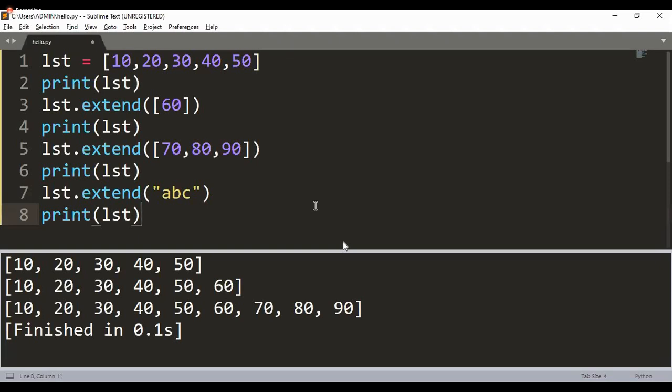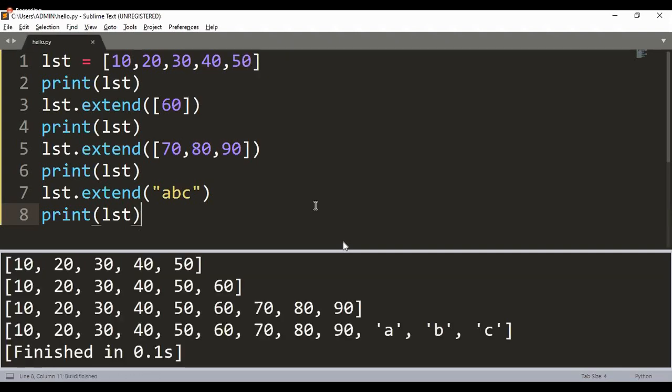It expects an iterable. In the documentation of extend, I never stated that extend always expects multiple values to be present in the form of a list. 100% I never made that statement. Please understand, even a string happens to be a type of iterable, because on the string, can you traverse through the string? Can you access individual characters of the string? 100% it is possible. And now if I would execute the program, as you can see, because the string is considered to be an iterable object,